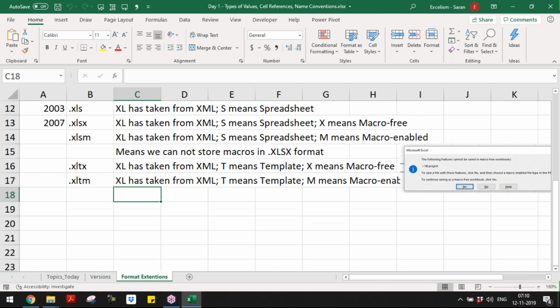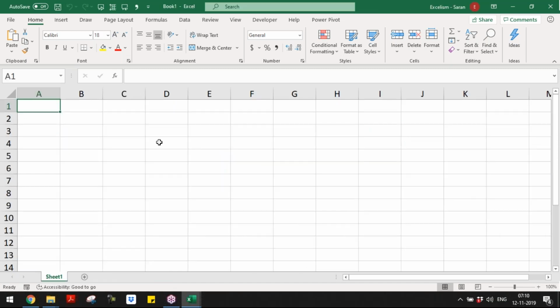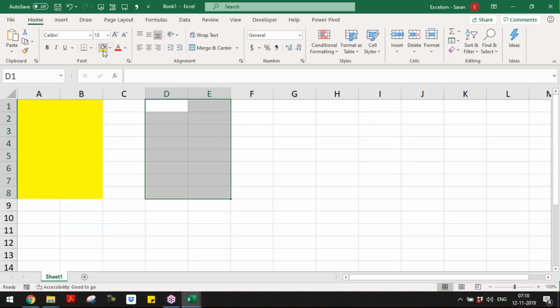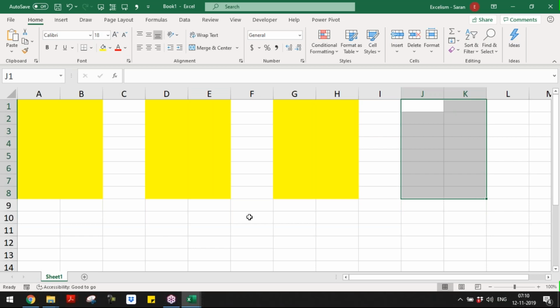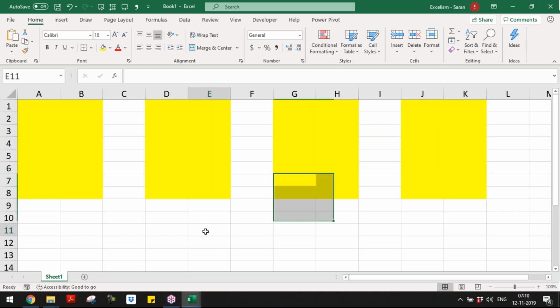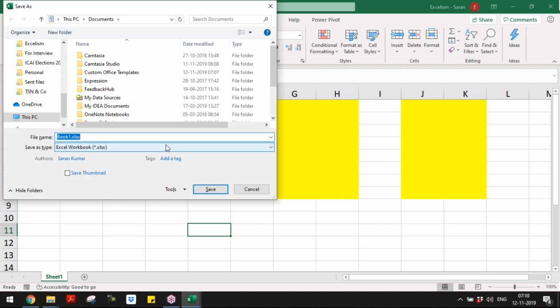Now, let me do it again, just for understanding. A template is basically a model or a format. Every time, instead of doing something myself and opening the same file and editing it, let's say there is some other format where this type of thing is required, and I don't want to do this format again and again. So what I'll do is store this with F12. What I told you, you must store this as a